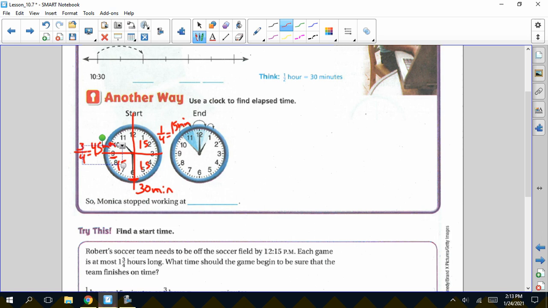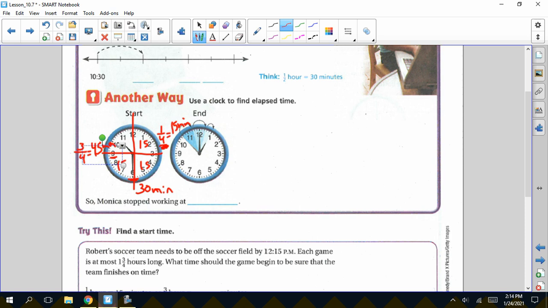Now, you may hear adults say a quarter past a time, like a quarter past 2. In fractions, 1/4 is like a quarter, 1/4 out of 4. So 1/4 is a quarter. If someone were to say a quarter past 2, they would be talking about 15 minutes past 2,